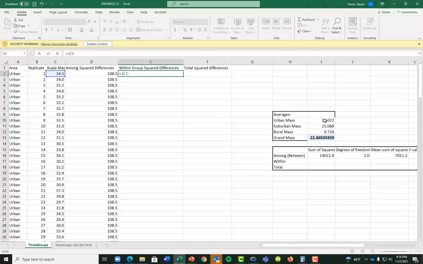So you're going to take that, and then you're going to subtract 33.022, or the urban mass mean, from that, and don't forget to square it. Now you should get 2.2. In order for us to drag this down, as before, we want this to change, but we don't want the urban mass to change. So lock that by pressing F4, and